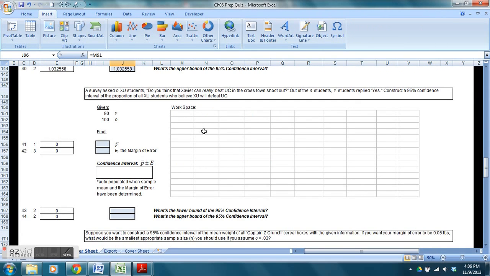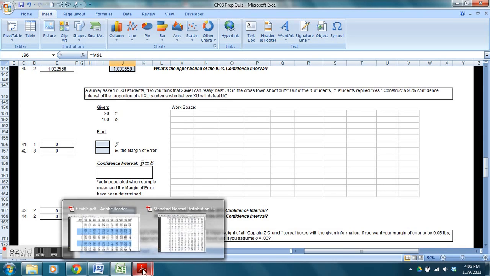Alright, so proportion question for confidence interval. 95% confidence interval. There is little n, 100 students in our survey, and 90 answer yes. What is the confidence interval of the population proportion? So,